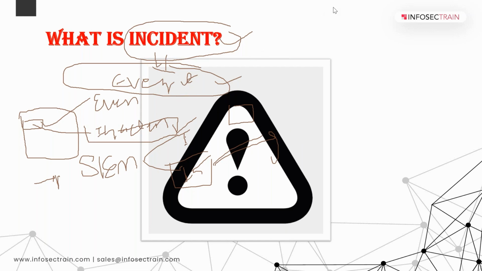So that is an incident, which exposes the system. Whenever you click on malicious things, that can be treated as an incident.